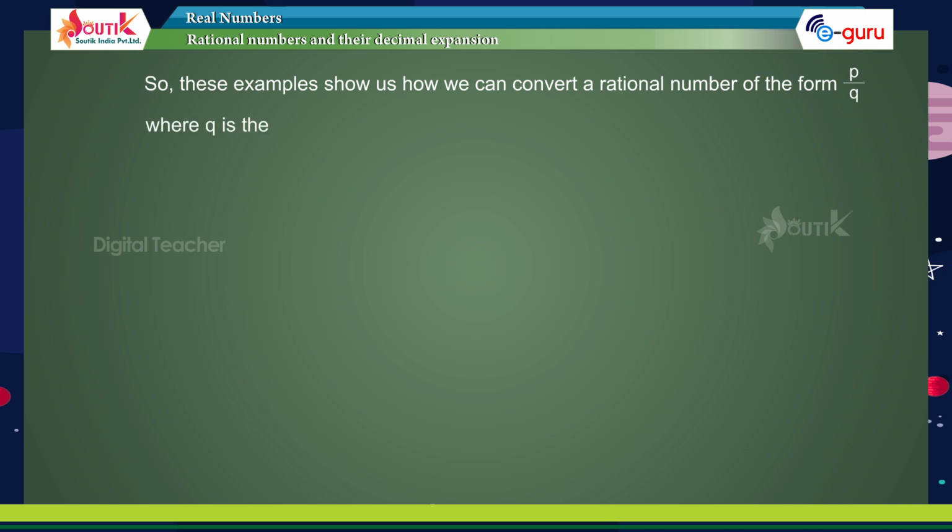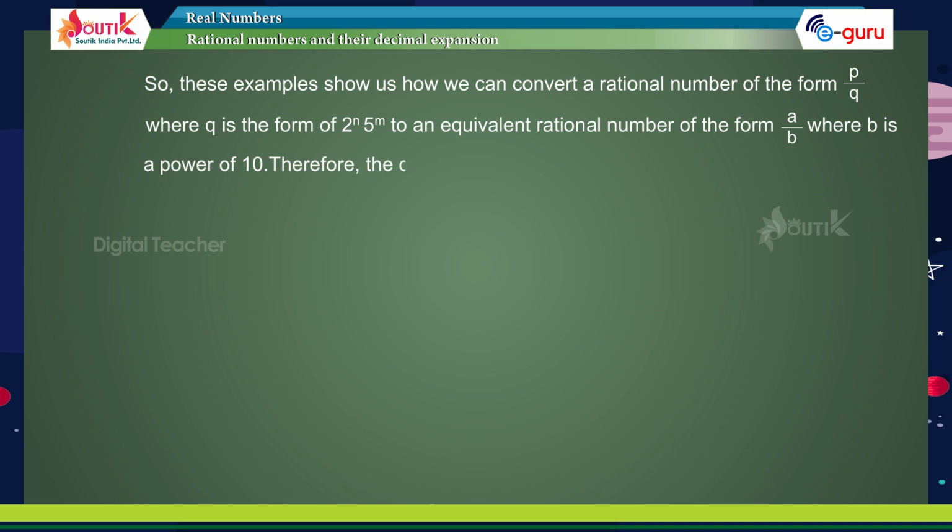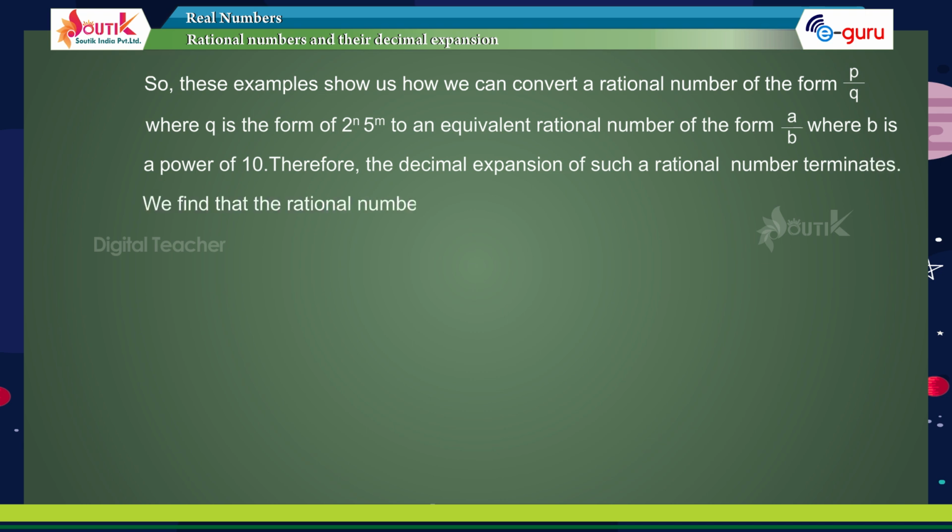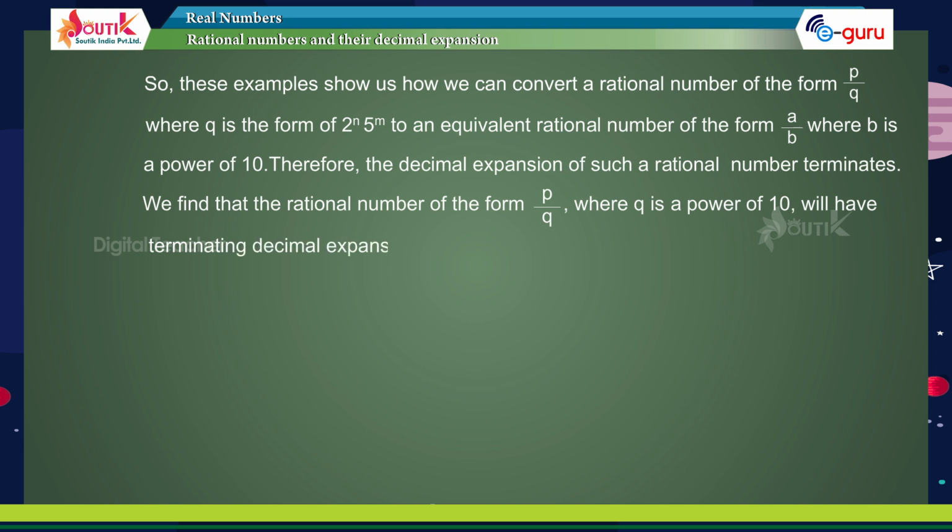q is of the form 2 to the power of n, 5 to the power of m, to an equivalent rational number of the form a by b, where b is a power of 10. Therefore, the decimal expansion of such a rational number terminates. We find that the rational number of the form p by q, where q is a power of 10, will have a terminating decimal expansion. So, we find that the converse of the theorem is also true and can be formally stated as: